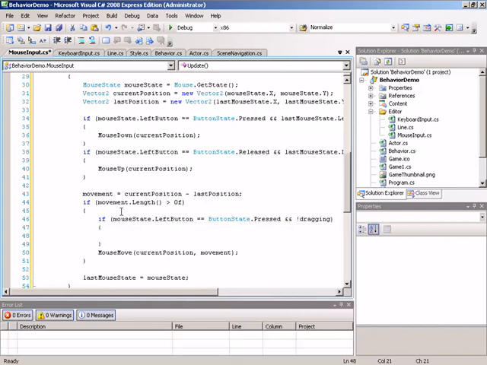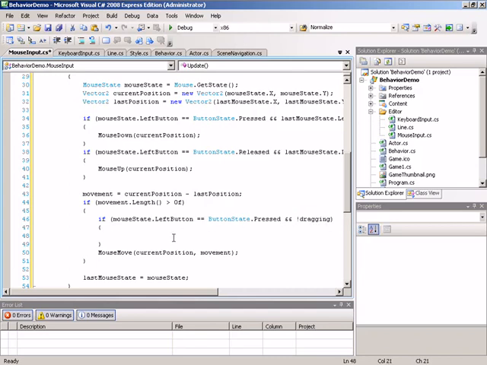Because the idea is that with start drag, we want to only fire that when a drag operation begins, not continuously as it updates. So we want a section of code that's only going to fire once per drag. So here inside of this if statement, as soon as we've noted that A, the mouse has moved, looking at movement.length, B, the left button is down, and C, we're not already dragging, in that case, we will begin a